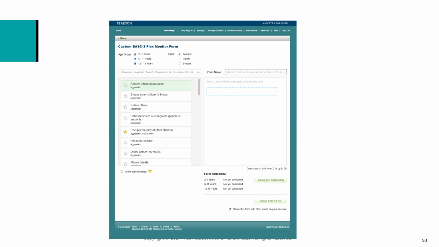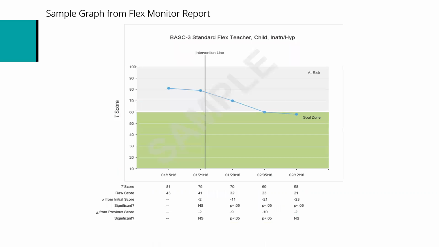The reports have T-scores that are generated based on the standardization samples for the teacher, parent, and self-report forms of the BASC-3. And this allows for comparisons with a normative population, and it helps us to describe how extreme the scores are, and take a look at it over time as well.